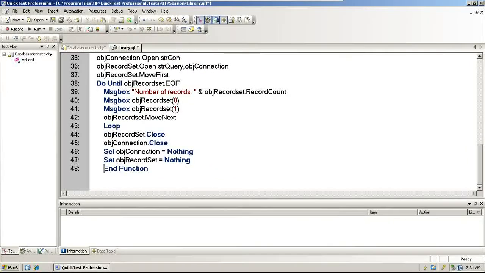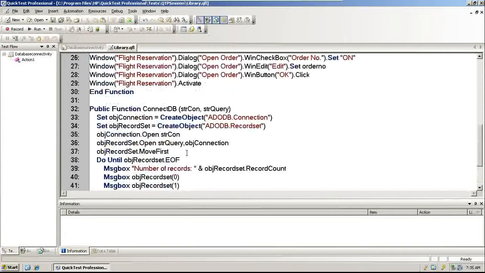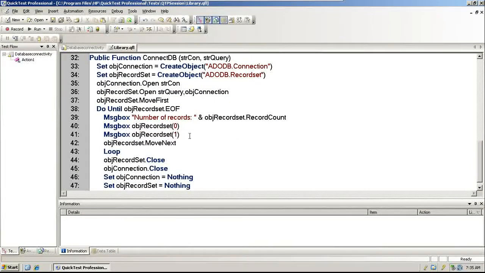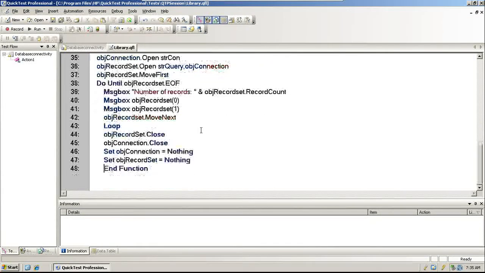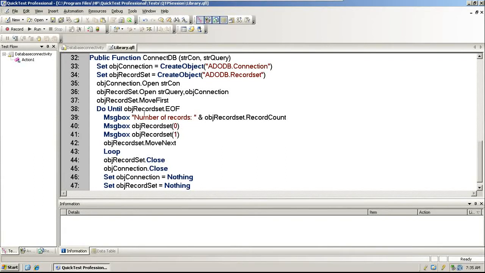Okay, now this is the definition of the function. Since we are not directly testing this in the test, we are writing a library function first, then we'll call it. To answer the question, this is syntactically correct, there is no error, that means our program is correct. Now to answer Soma's earlier question, why are we not passing the query? We are passing the query, but as a variable here.